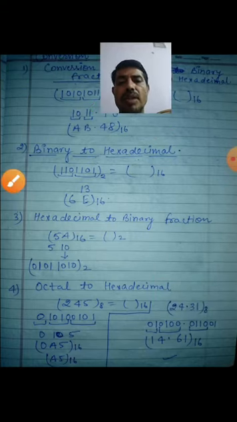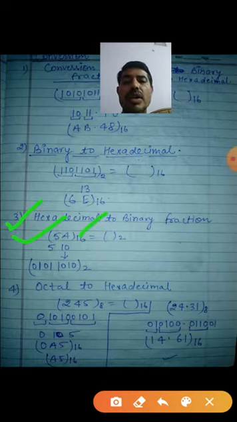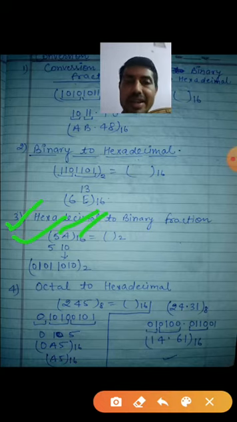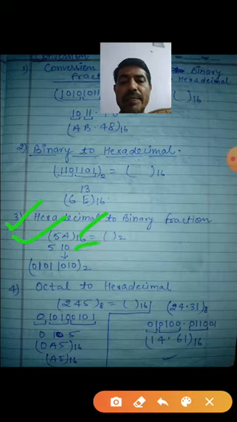Okay. Now come on to the third one, hexadecimal to binary fraction. A hexadecimal number is given here, 5A. How can you find out this one is a hexadecimal? Because the base is what? 16. So now come on. Here, A means what? All of you know this one. A means 10. So 5A means 5, 10. Now you convert this 10 into binary form.